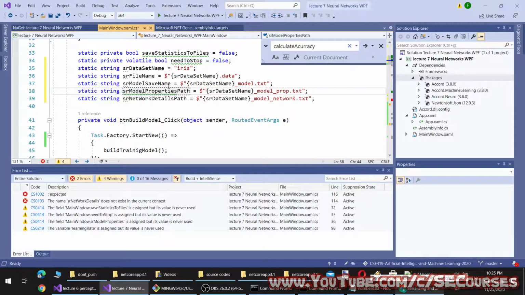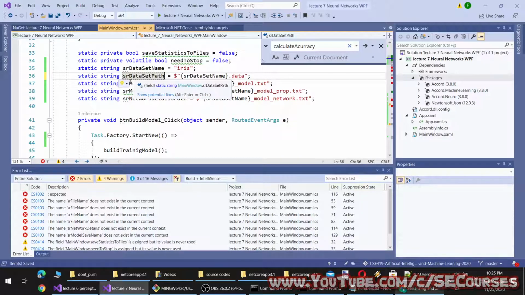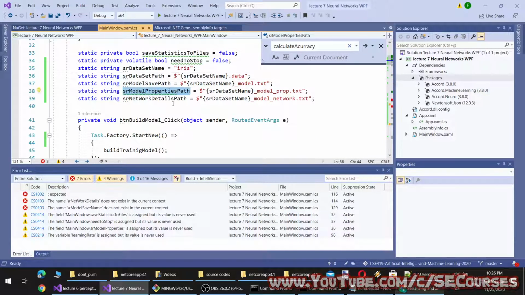Model properties path and model save path. Yes. And okay, so let's rename this as well. Data set path. By the way, since this had some references, I'm going to rename it. Okay, and now it should work.